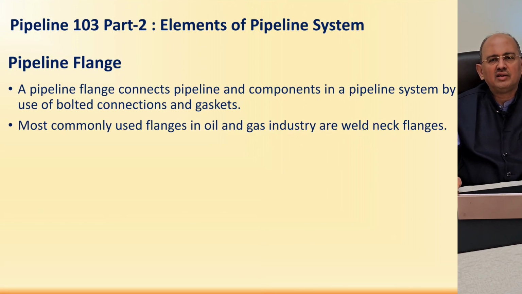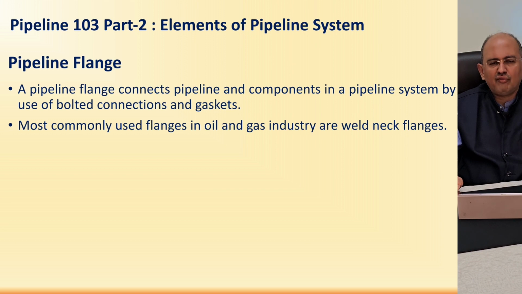Why we need bolted connections, why we should not have all welded connections, is for the simple reason that if you want to repair certain parts or maintain certain parts by removing them and replacing them, then welding will require cutting and weld preparation, and you will need some extra space, because you are going to cut out certain parts. So to make the maintenance and replacement easy, all such parts which require maintenance are normally bolted,